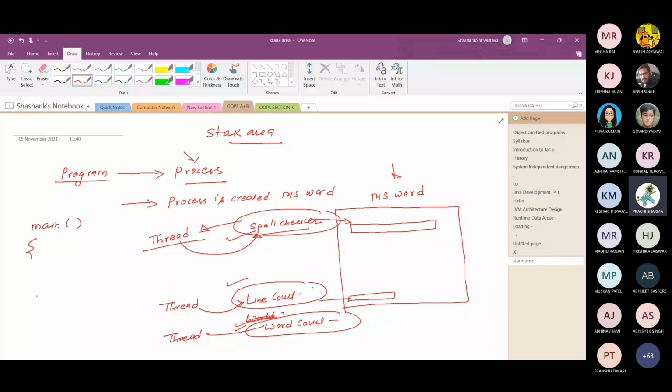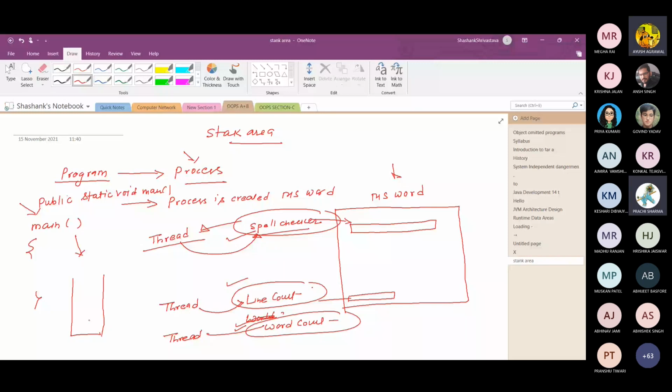We will see it later. When the main method is called, a single thread is created, that is the main thread, and in the main thread the main method is stored in the stack.